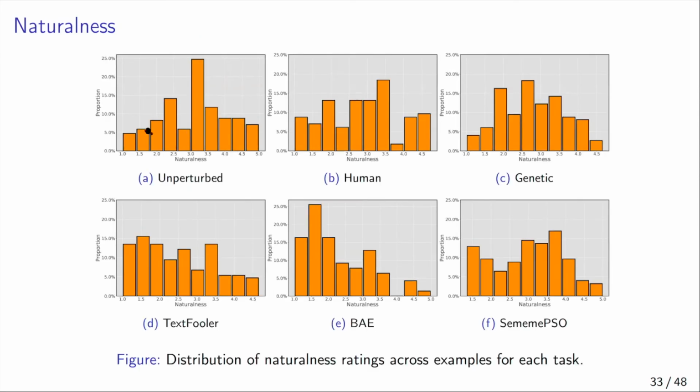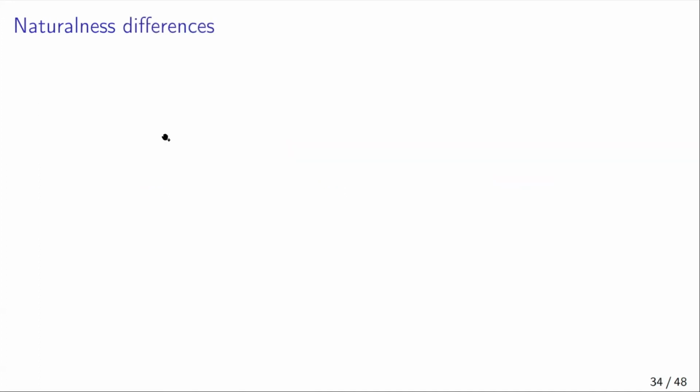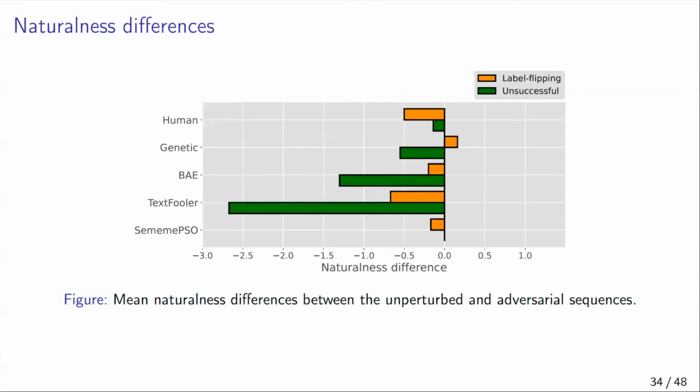So the interesting metric that we want to look at is the difference in naturalness, because we see that naturalness ratings of the unperturbed sequences are not perfect. So what we did is for each sequence, we compute the difference in naturalness between the unperturbed sequence and the corresponding adversarial example. And if we plot those naturalness differences, we can see something like this. So this again